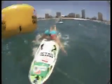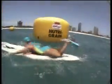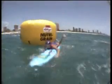Karen Hardy for Sydney now coming around the cans. You can see the rope there, making sure she doesn't get hung up. Green,